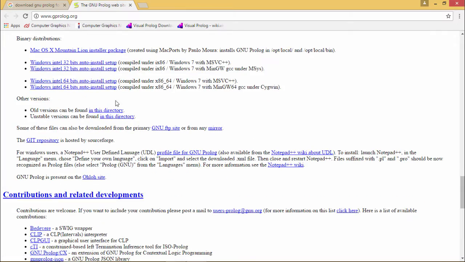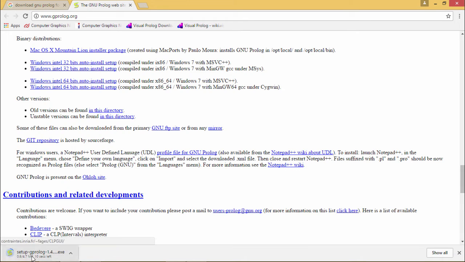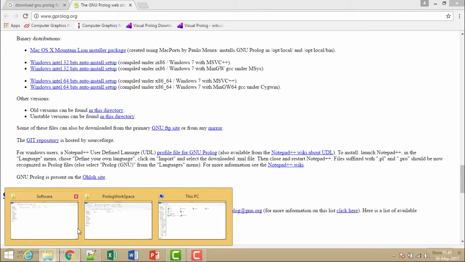You should come to this option, that is Windows Intel 64 bits auto install setup, or you can also go for this option. Obviously, depending upon your system configuration and OS, you should download the respective Prolog compiler. If I click on this icon, the download will take place, and it is a 4.7 MB file. Now I have already downloaded